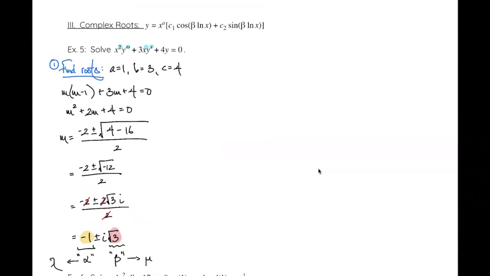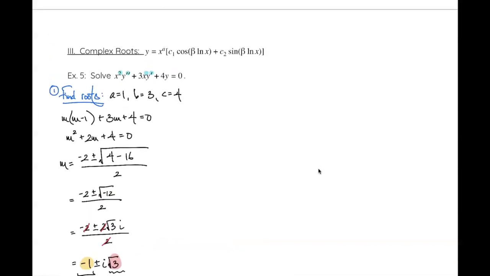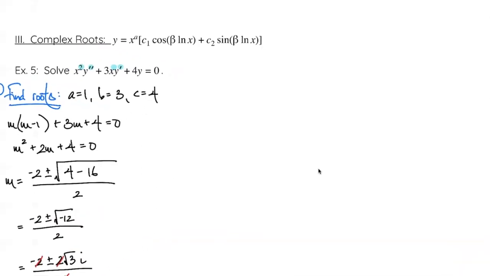Differential equations uses a lot of Greek letters, and so it's really up to the user's choice what they use, but the more important thing is that you put them all in the right place, okay? And so we have our alpha as negative 1 and our beta as root 3. So if we plug those in to our general equation,